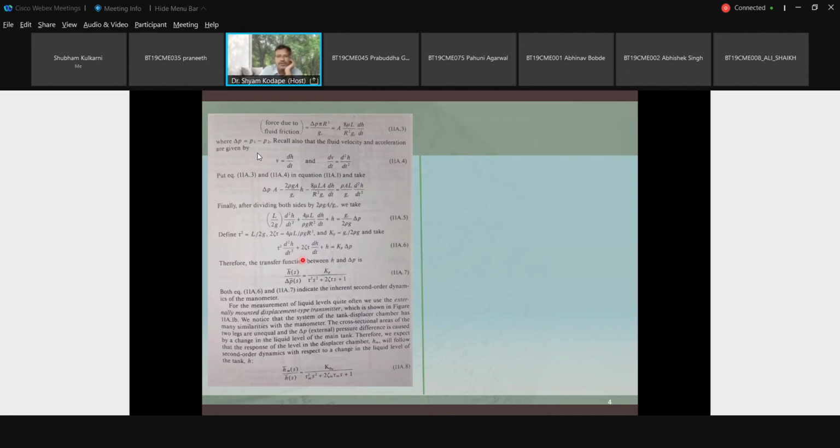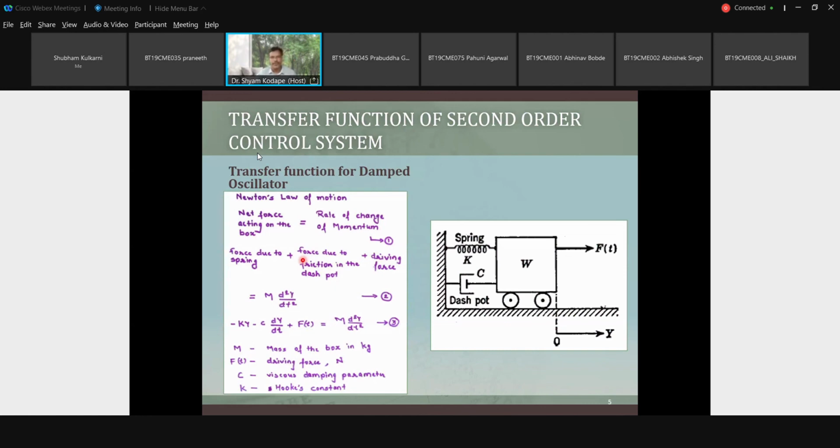Okay, so the next question is homework for you. I have already derived it. Transfer function for a damped oscillator. A damped oscillator is a situation where the bogies of a train are stopped. We can say that the spring is there. Okay, the dashpot C is there. The weight W is over here on the wheels. Okay, the f(t) is pulling it on the right hand side. Okay, so what will be its force balance? F is equal to will be like this: force due to spring, force due to friction in the dashpot, plus